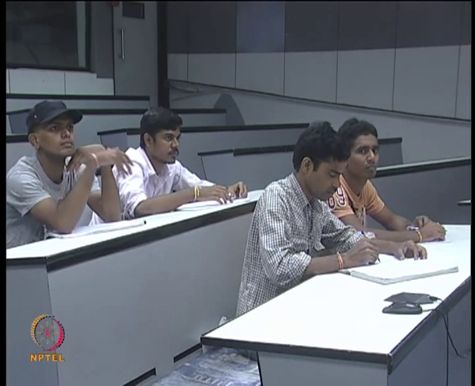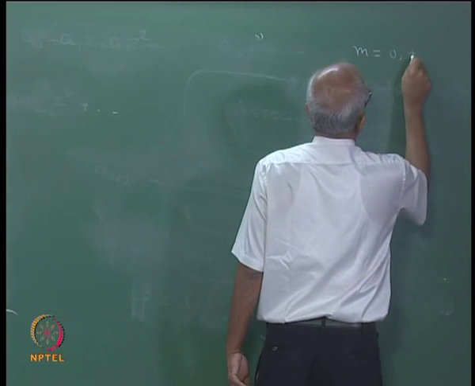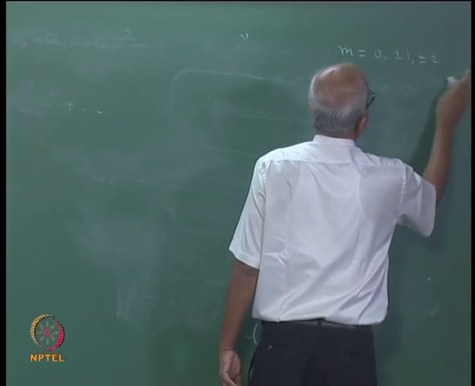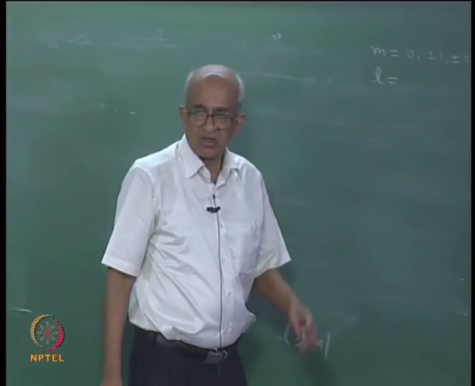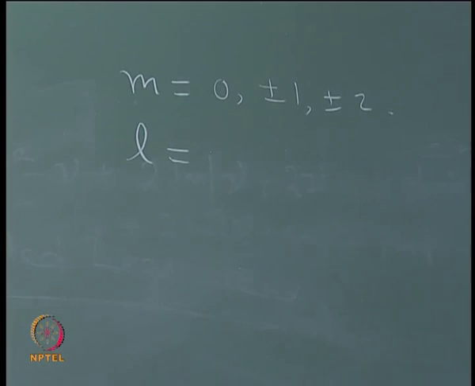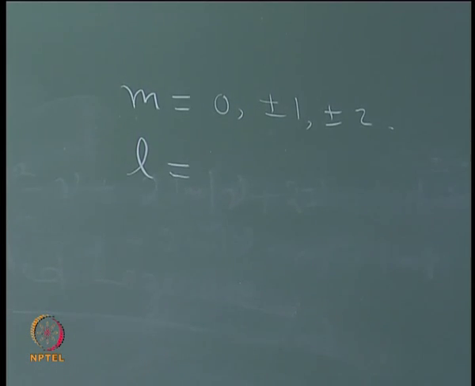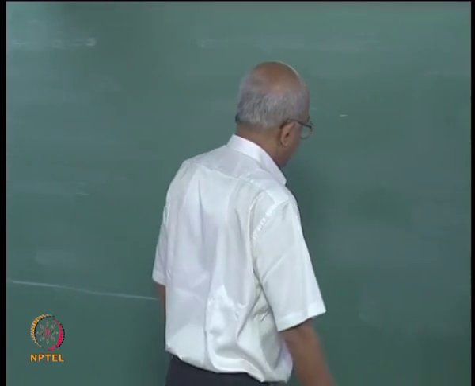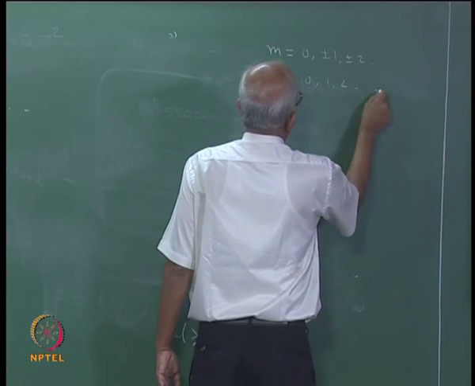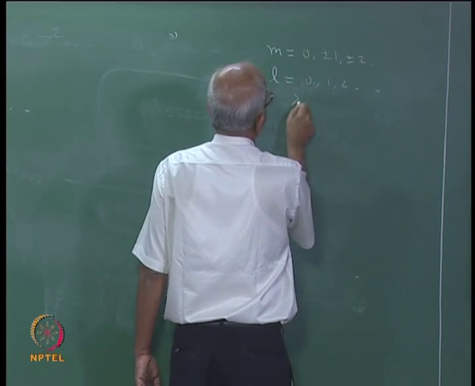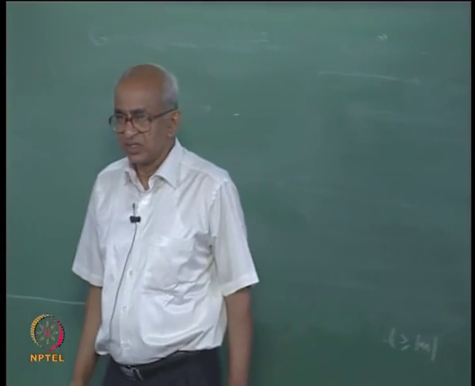So, till now we have got two quantum numbers. The first was m, which can take the value 0, plus or minus 1, plus or minus 2, etc. This first one was obtained when we tried to solve the equation for capital phi. Then when we solved the equation for capital theta, we found the next quantum number L, which may take on the value 0, 1, 2, 3, etc., but it has to satisfy the condition that it has to be greater than or equal to m. These are the things that we have found.